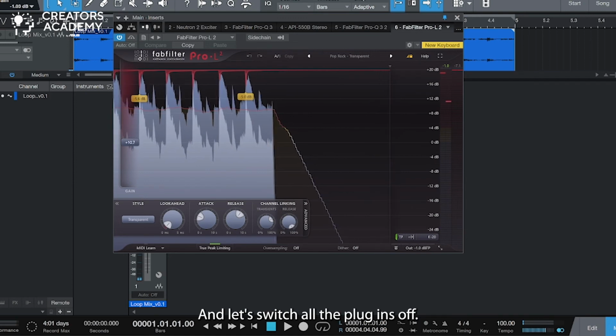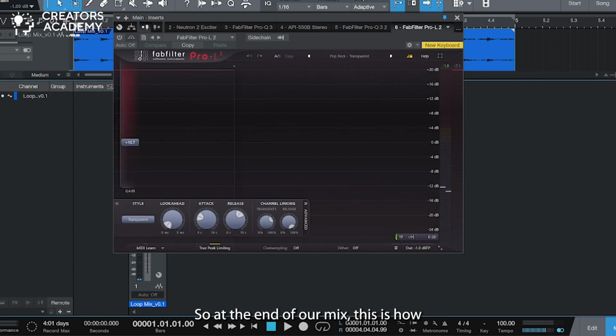Alright, and let's switch all the plugins off. So at the end of our mix, this is how the track would sound. And with all the plugins in,